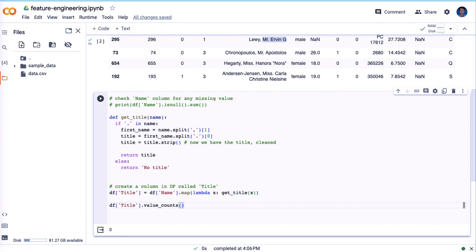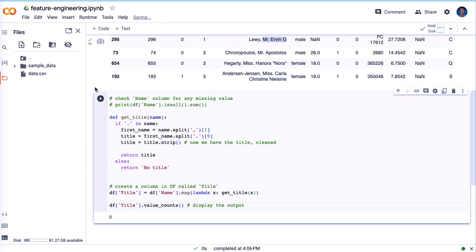This will display the result. If we try to run the code,